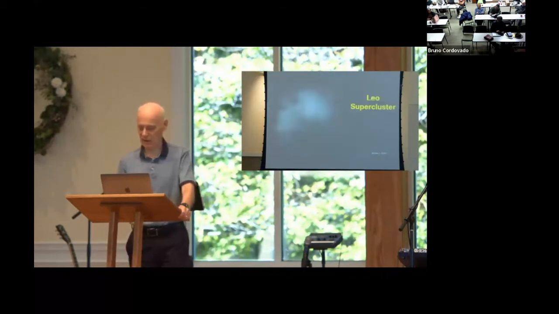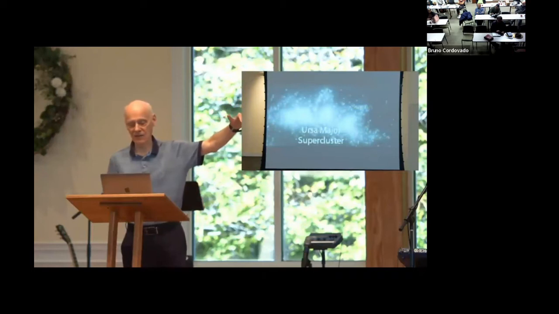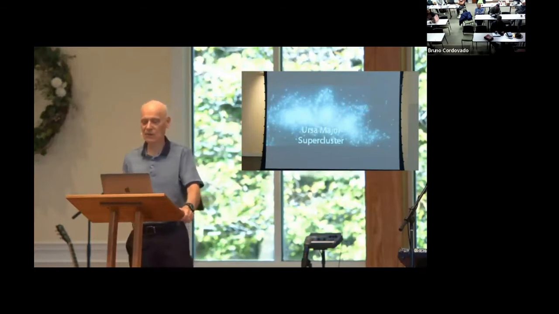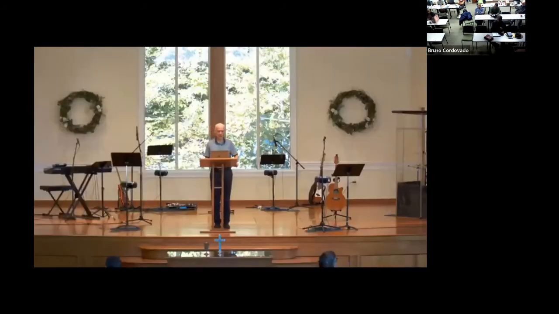The one that comes the closest to matching our Laniakea super galaxy cluster is the one in Ursa Major. And what we see here is that, yes, we do have galaxy clusters sprung out along an arcing filament, but notice how big these clusters of galaxies are and how close together they are. And this is a place, again, where galaxies are jammed too tightly together, and there's just too many super giant black holes radiating deadly radiation. And so ours sticks out like a sore thumb. It's the only one where we see the galaxies and galaxy groups sprung out in such a way that there is no gravitational disturbance of any significance for the galaxies in the local group.